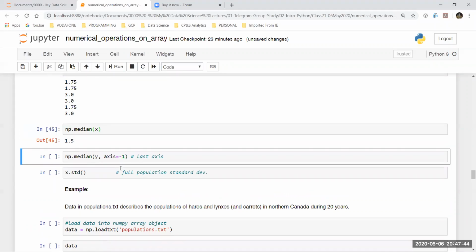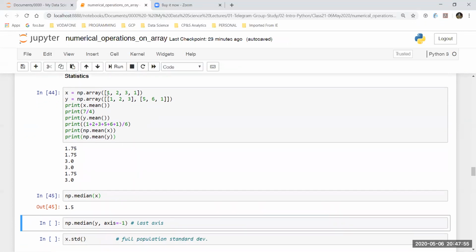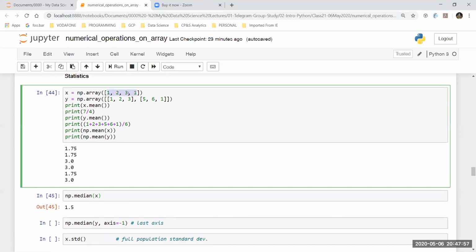Similarly, you can find the median. So median for x is going to be 1.5. I'm not sure if you're already aware how to calculate a median, but we will be looking into how to calculate a median. If there are an even number of items, then it is actually a sum of the middle two items, which in this case is 2 and 3, and then it is divided. So in that way median is found, but then you have to order these items as well. So the middle items in this case are not going to be 2 and 3, right?